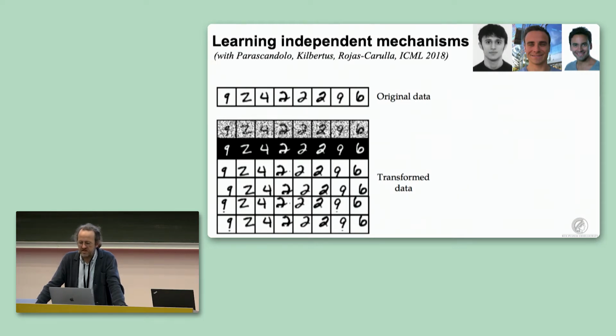I'm quite interested in exploiting, or learning, this kind of structured models, so learning models for joint distributions where certain components are robust, are causal, are transferable. One first step in this direction was this paper that we published last year. Here we have some digits. We all like handwritten digits, and then we distort them with various types of perturbations, like adding noise, inverting them, shifting them around in the image.